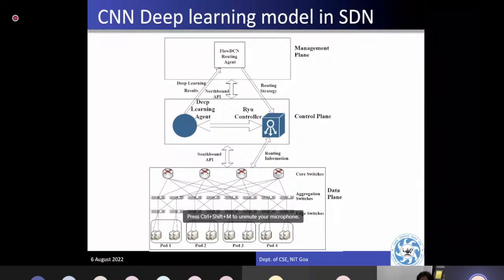I have heard this question several times: what's the difference between cloud and software defined network? The cloud is one service, or one interface, through which you are giving the service, so it is called cloud as a service. When you give your infrastructure or computation devices as a service, that is called infrastructure as a service. When you give applications to others as rent, that's called application as a service.